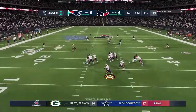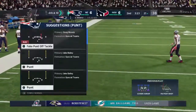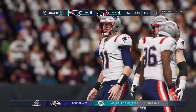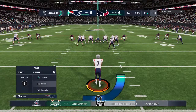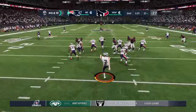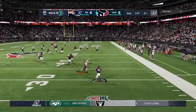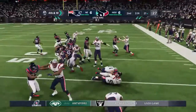Now Wentz on 3rd down. And that is incomplete. And this is what you want to see from a defense. Give up an opening drive touchdown, that's fine. But how about them going back out there, recommitting themselves to the task at hand, and forcing a 3 and out and giving the ball back to their offense? And the punter Bailey on now as he sends this one away. That's pulled in at the 32. And running with power here. A nice